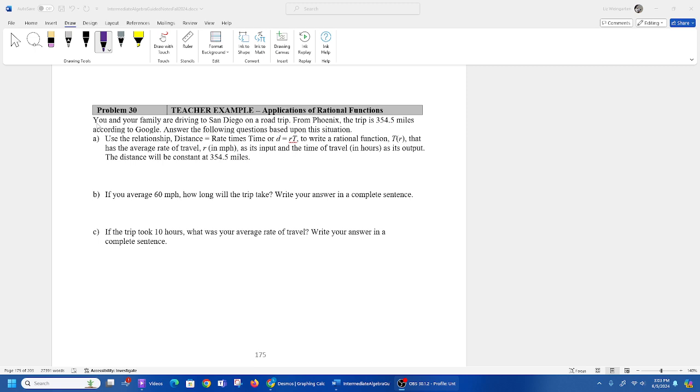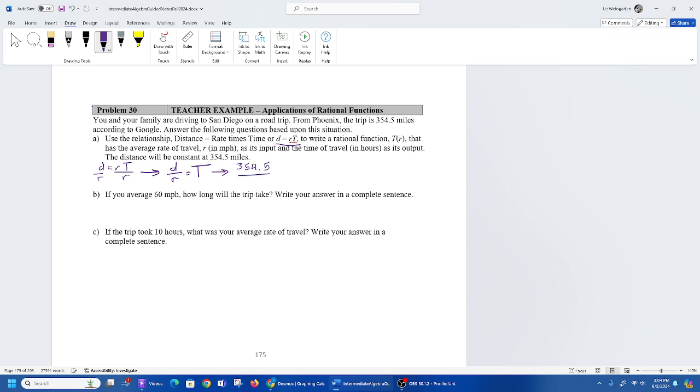Essentially, what we want to do is solve this equation for t. We want t to equal something. So I'm going to start by writing the original distance equals rate times time. We want to get t all by itself, so we're going to divide both sides by r. Now, rewriting this in function notation, actually before we do that, I am going to put the distance in. The distance is a constant,